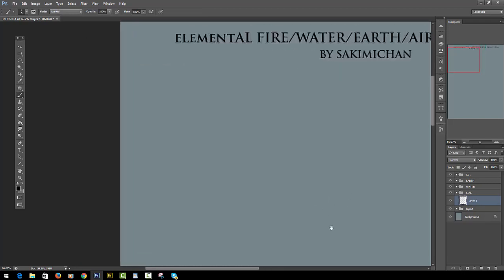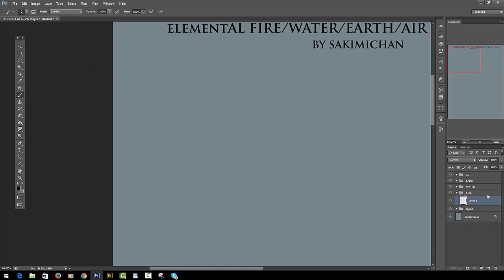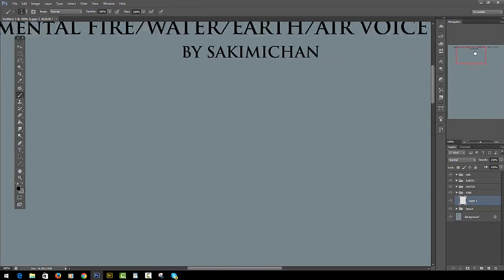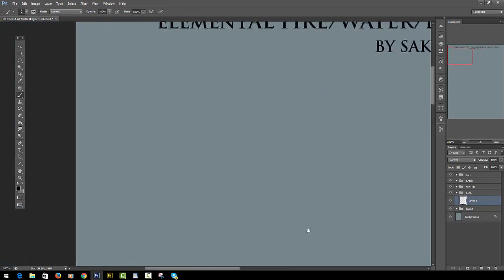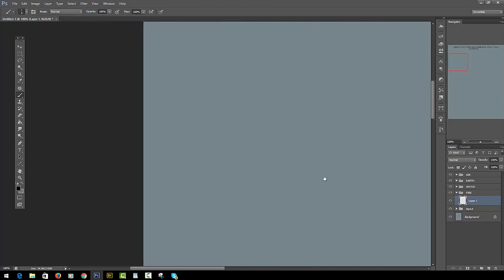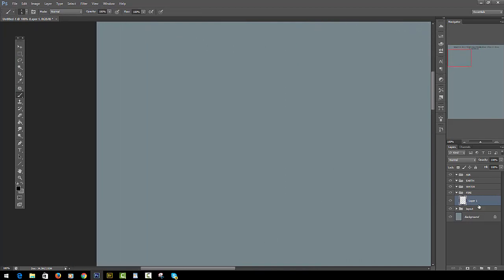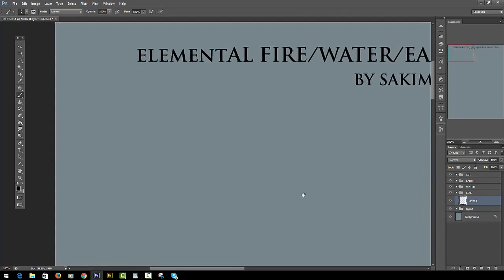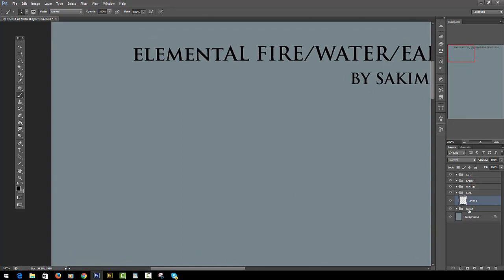Okay, so fire. I'm gonna be doing it in a step-by-step format, or at least a few steps, so you guys can see the progress that we're gonna make. So first off, about fire, it's quite an interesting element. I found some reference pictures, but I'm not sure if I can show them in this video without going over any copyright. But I do recommend you guys check out